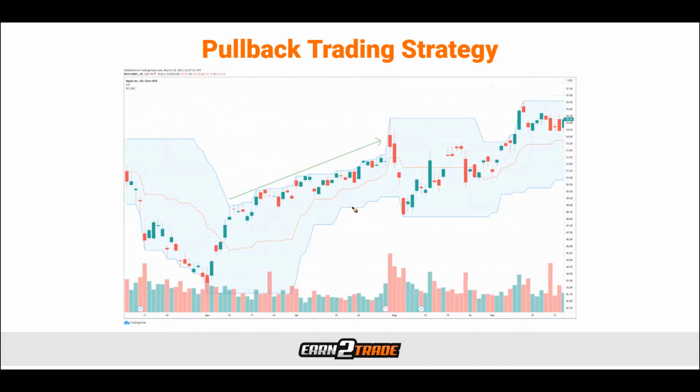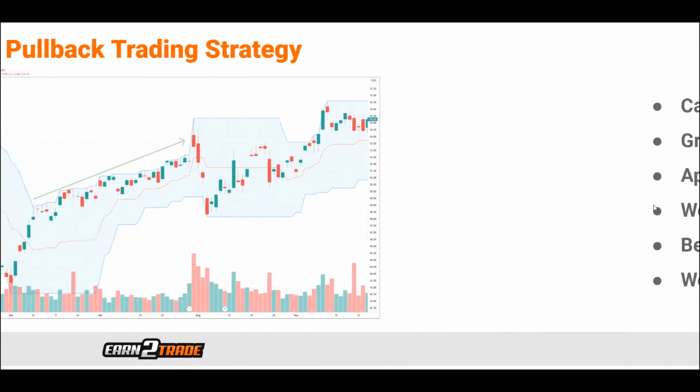Now, overall, my favorite trading strategy out of the three that we've discussed is going to be that crossover strategy. That's going to be the one that I like the most. We call that the reversal strategy because it's reversing the current short-term trend. When the market is pushing above the middle line, we can look for that long opportunity if it has been trending downwards before, and vice versa when we break the other way around.